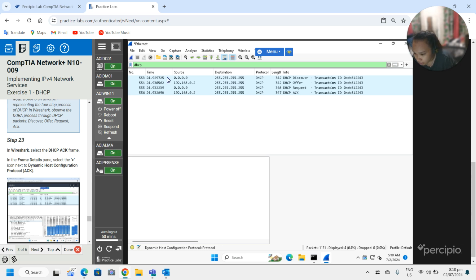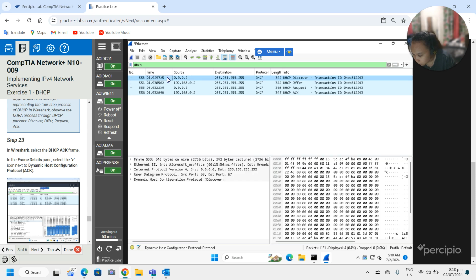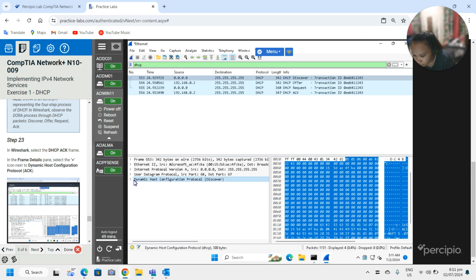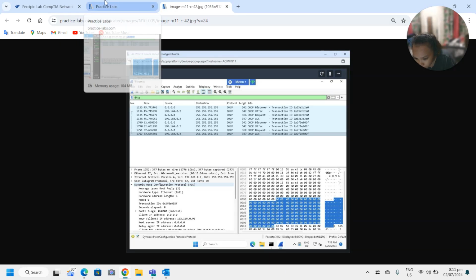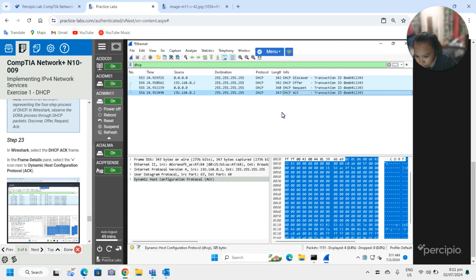In the frame details pane, select the Dynamic Host Configuration Protocol. Open image. Okay.